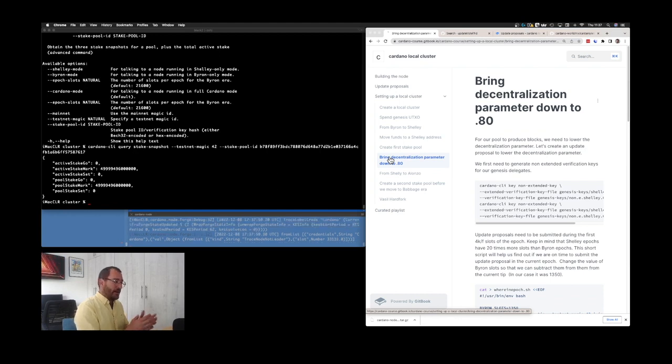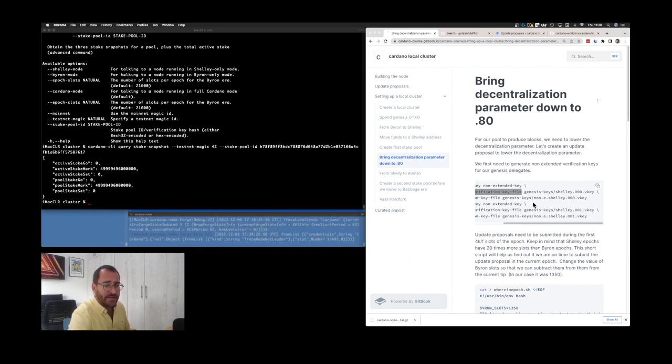But we have a small problem here. Our keys that are produced by the create Cardano command are Shelley compatible, but they are extended verification keys, and the CLI will not take it. So we need to do another conversion. So we need to convert our extended verification keys from our delegates to a non-extended